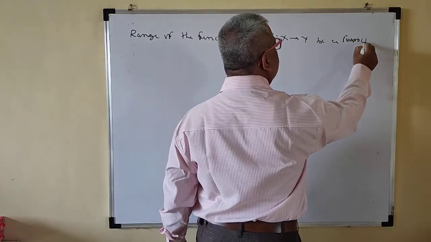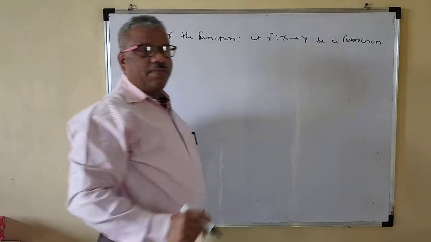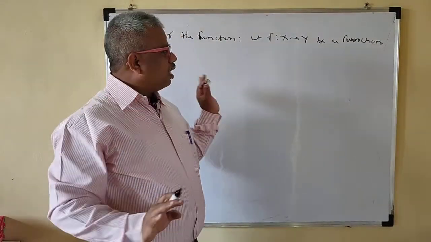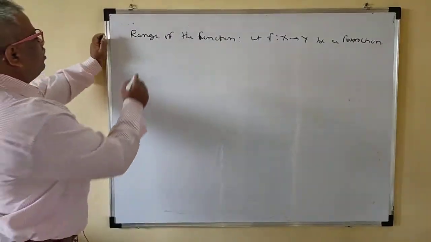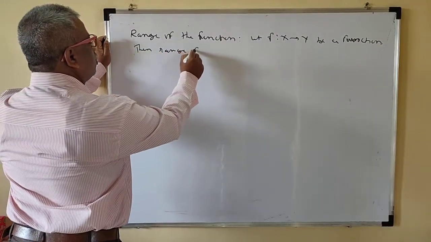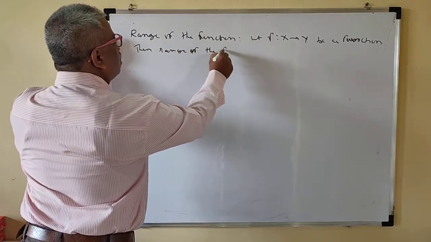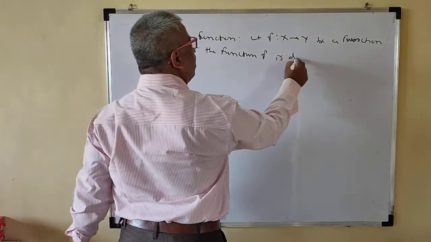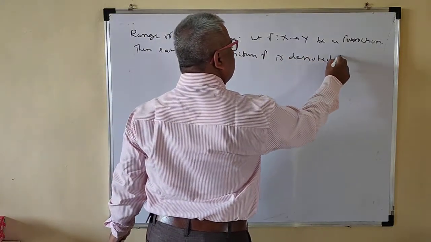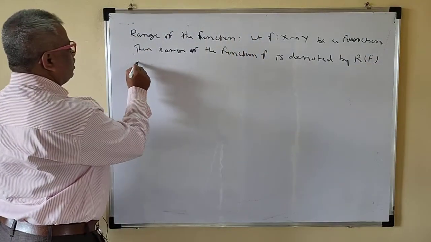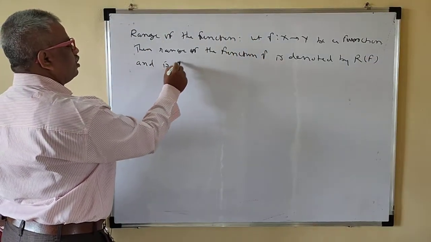Let f from X to Y be a function means that X and Y are non-empty sets, right? So then the range of the function f is denoted by R of f, and is defined as